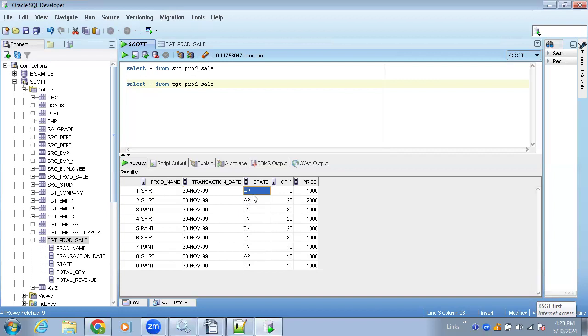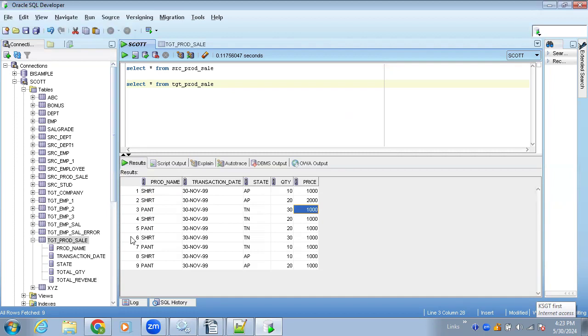He's just trying to find out the state and how many quantity, like this particular shirt on this date, timestamp also you can give. In the state of AP, he sold quantity 10. Then what is the price for each one? 1,000 rupees. That's what he was just mentioning. It's a shirt again in AP on the same day. There were 20 shirts that have been sold. Maybe the brand could be different. And here is a pant in Tamil Nadu, 30 have been sold and the price for each is